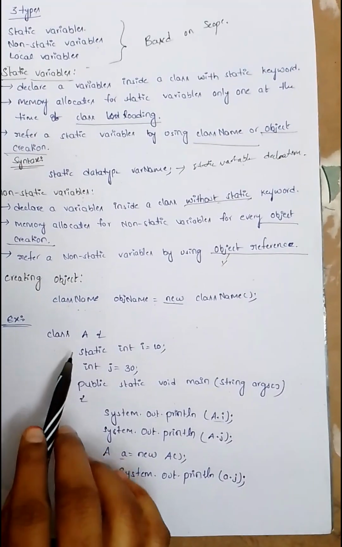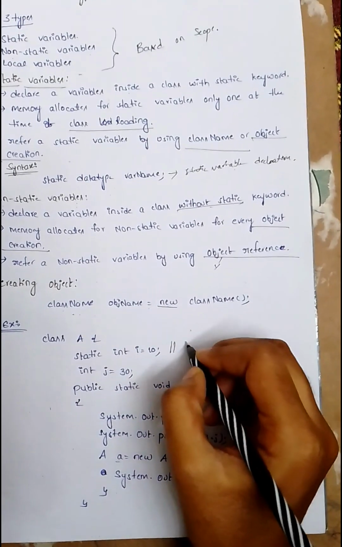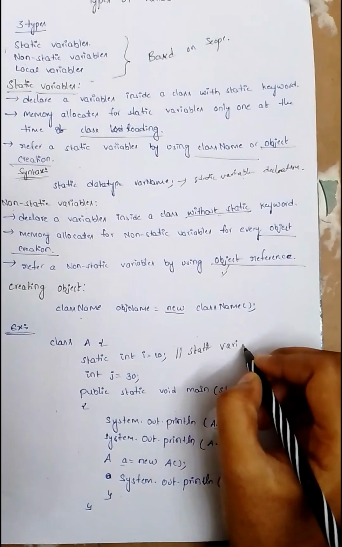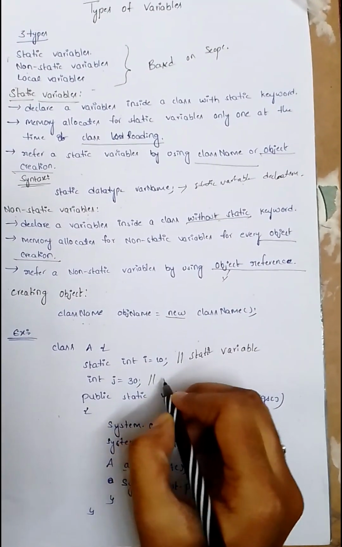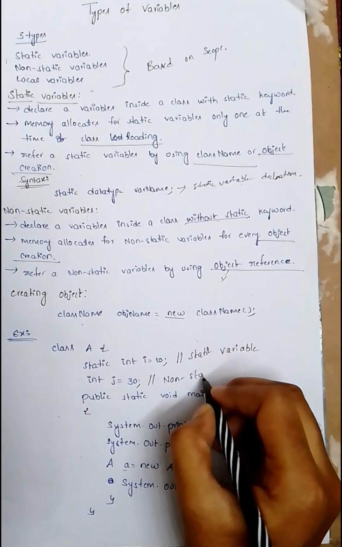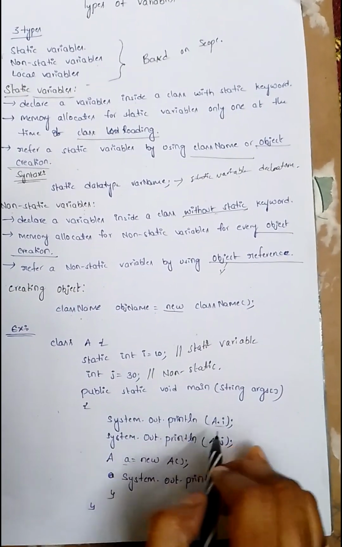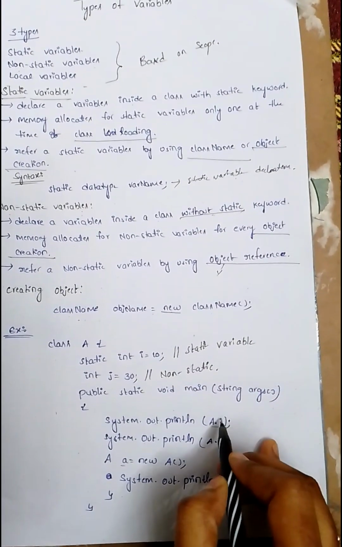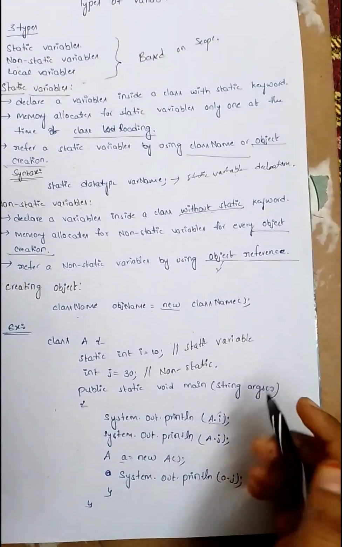This is the example for static and non-static variables. This is a static variable: declare a variable inside a class using the static keyword. This is a non-static variable: declare a variable inside a class without using the static keyword. Now System.out.println, A.i means access the i value from class A. This is to access a